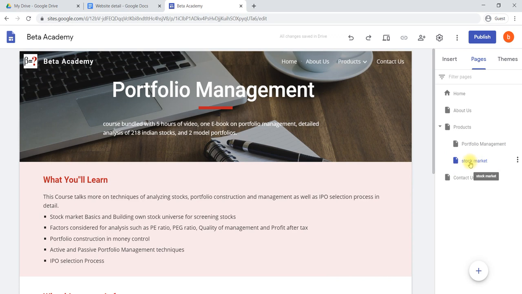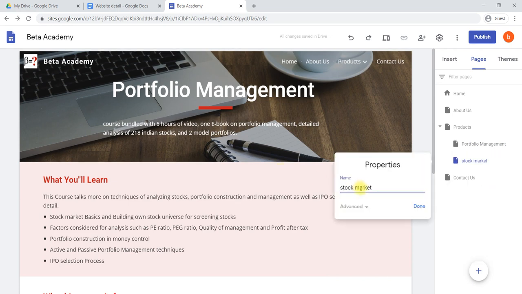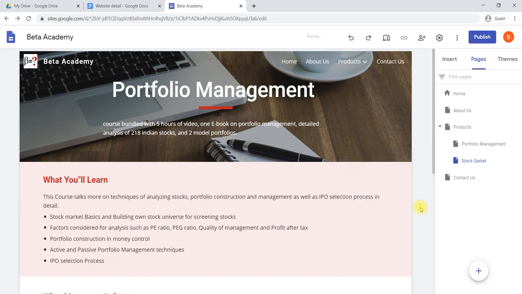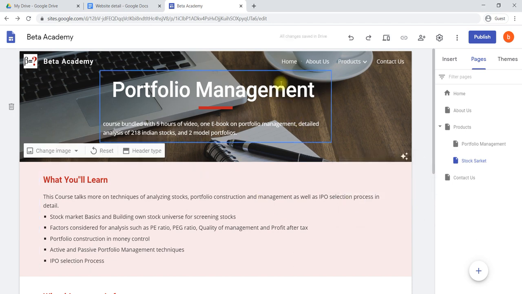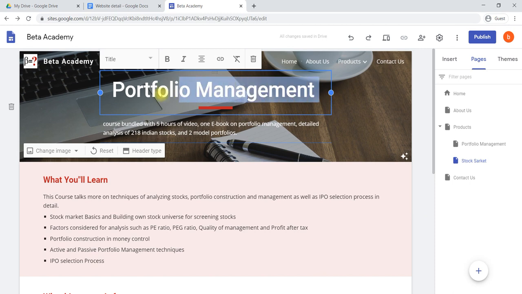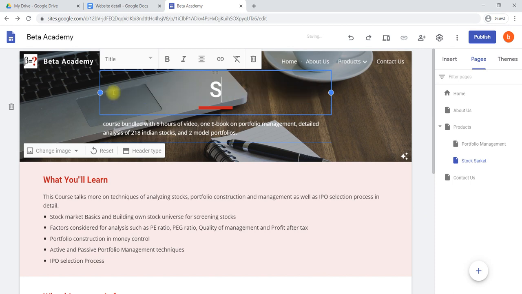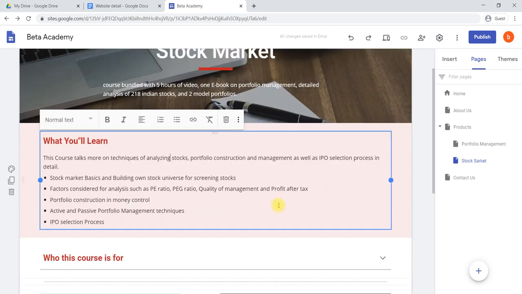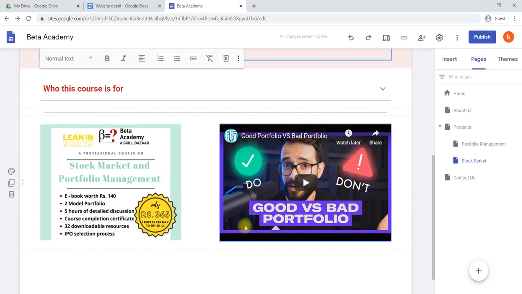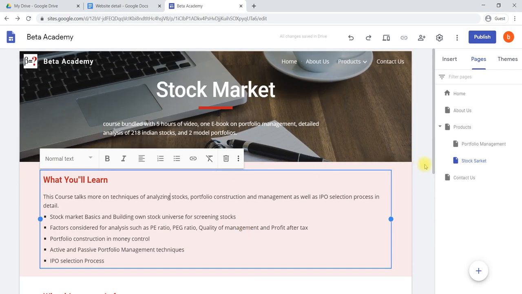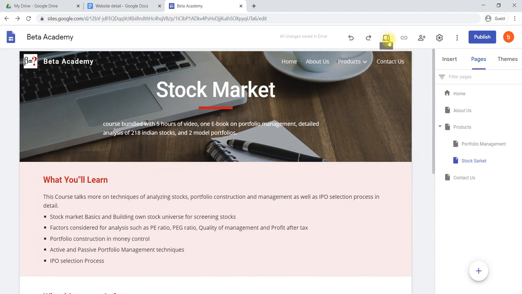For example, if you would like to change the name in the properties, you can do it like this. Again, we can change this one, and we can edit which page this belongs to. Like this we can change all the properties, all the images, everything we can change. One thing we have to observe here when we go to preview.